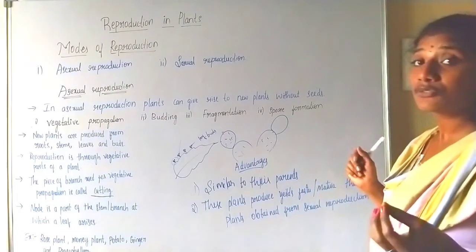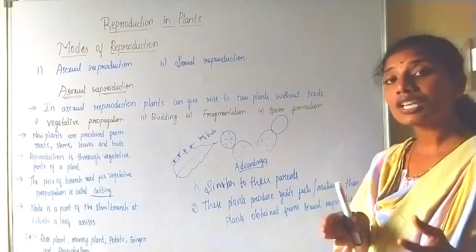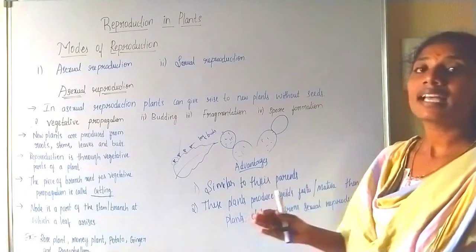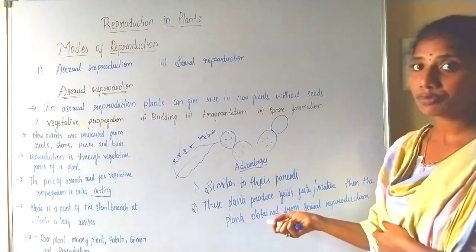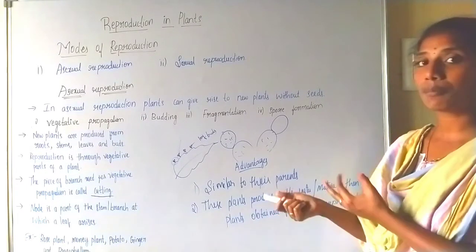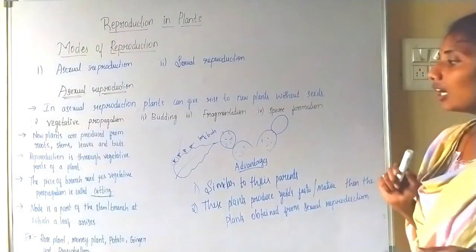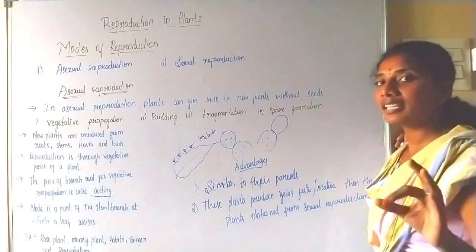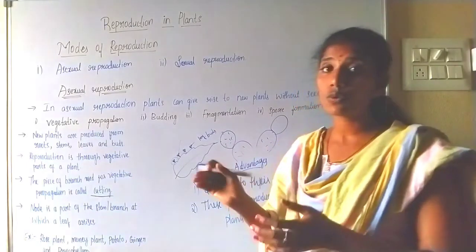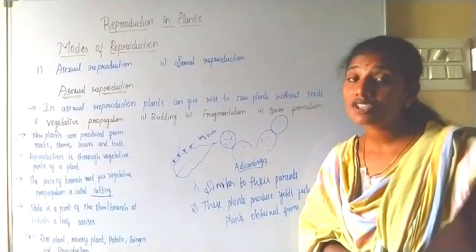That means the plants for which you have sowed seeds, and the seed develops into a plant, will show a later maturation time than plants obtained from vegetative propagation, so that you can get your fruits and flowers from your garden plants much faster. So you have understood, right? These are the main three advantages of vegetative propagation. This is about vegetative propagation in asexual reproduction. Let us learn other modes of sexual reproduction in the